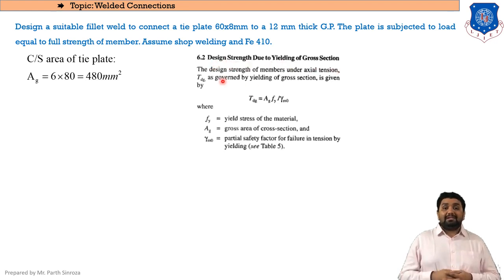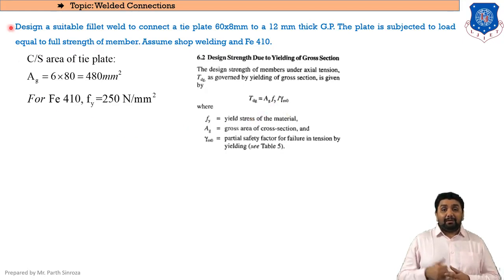In the last lecture we discussed the rupture portion, and rupture is considered when we cut something from the plate. Here if we are using welding, then no holes are to be drilled to insert bolts, as we are not using bolts. So the plate will be acting as a whole. There will be no holes drilled in it. Clear? So always this equation we will be using when there is no rupture in the plate. The equation will be Tdg equal to Ag Fy upon gamma m0. Clear?